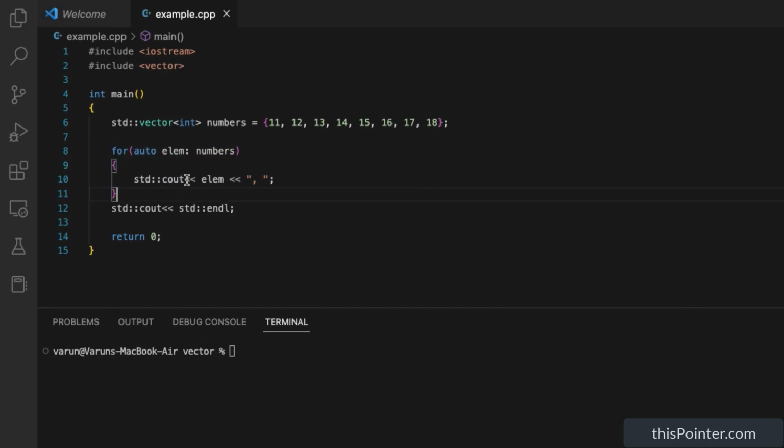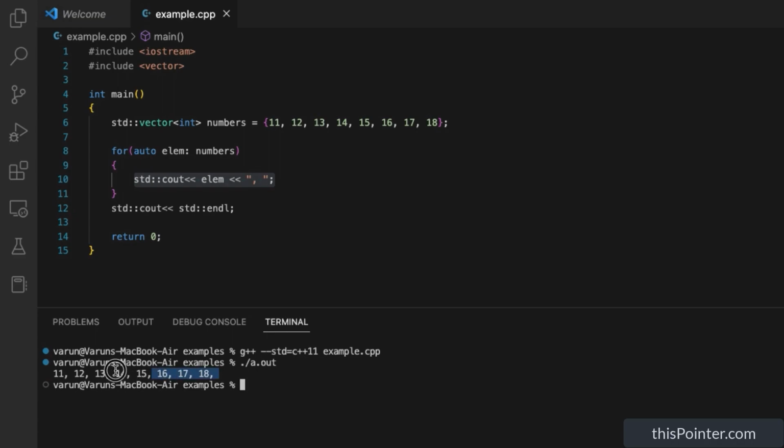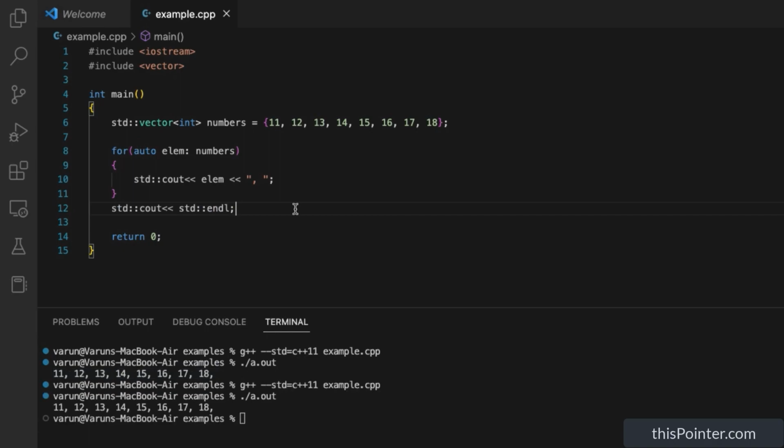Now this for loop will iterate over all the elements of the vector and print each element. We can confirm this by executing this code. Yes, it printed all the elements of the vector separated by a comma. So this is called a range based for loop. It got introduced in C++11, but there is one drawback here, that we don't get the index of the elements